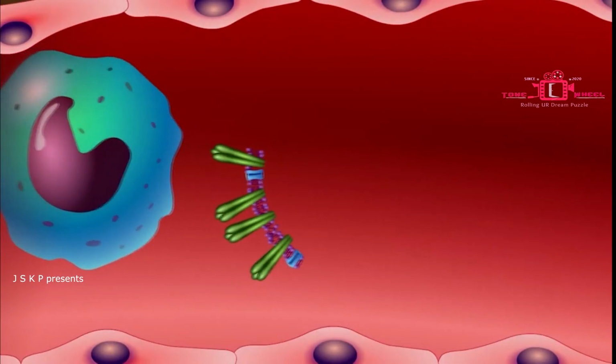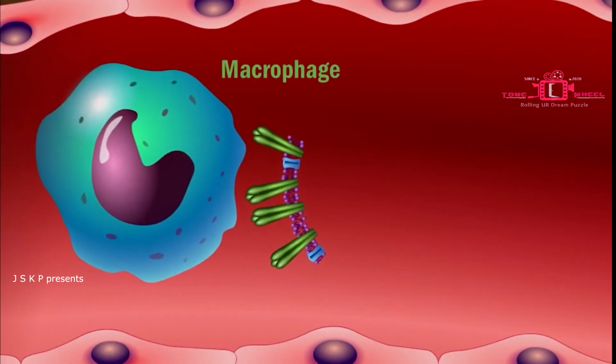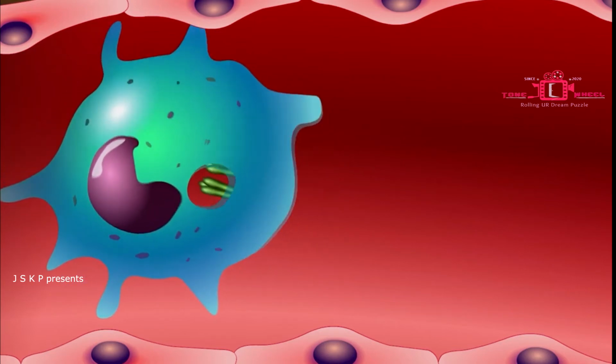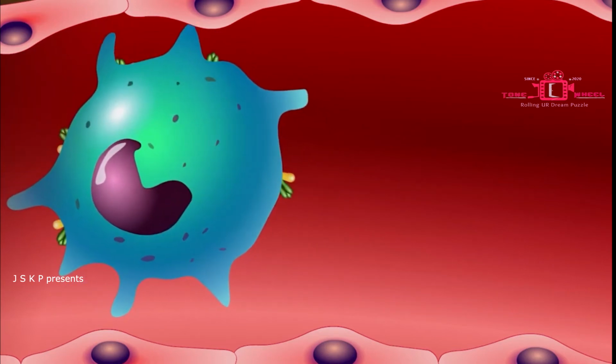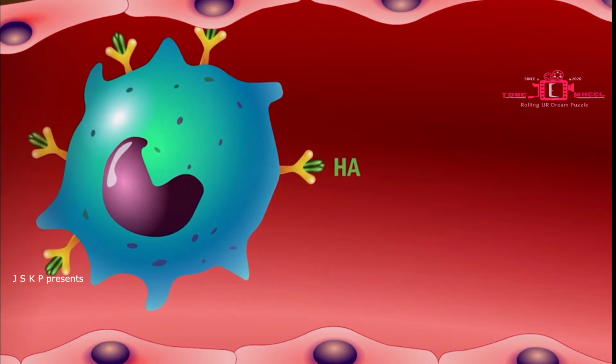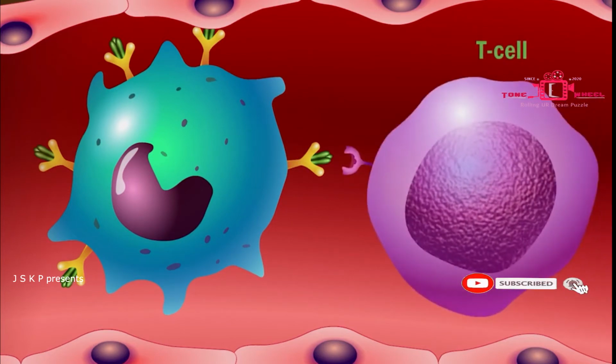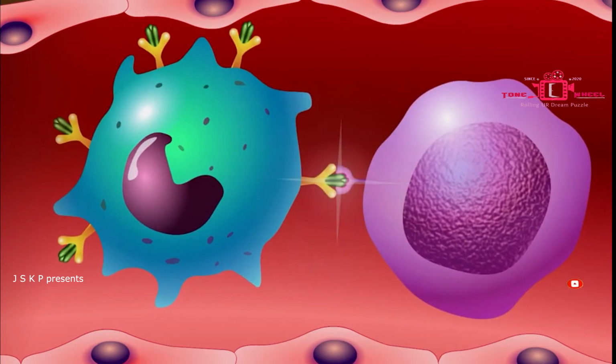A major mechanism of action involves macrophage phagocytosis of hemagglutinin, breaking it into smaller components. After ingestion, macrophages display the hemagglutinin antigen on their surface in combination with a specific receptor known as the major histocompatibility complex, or MHC. T cells are now able to recognize and bind foreign antigens that are associated with the